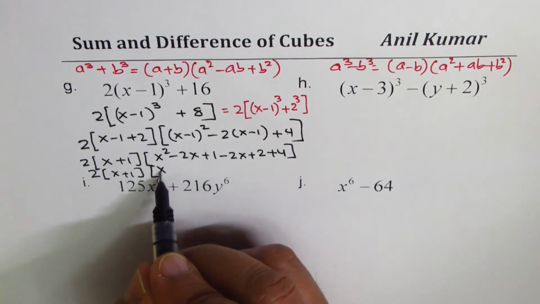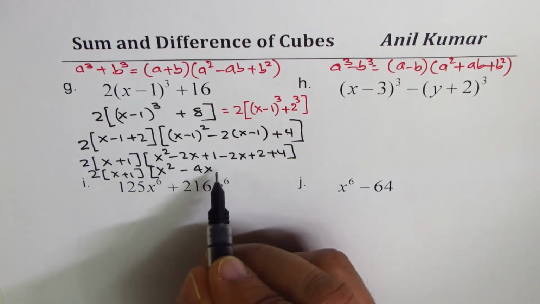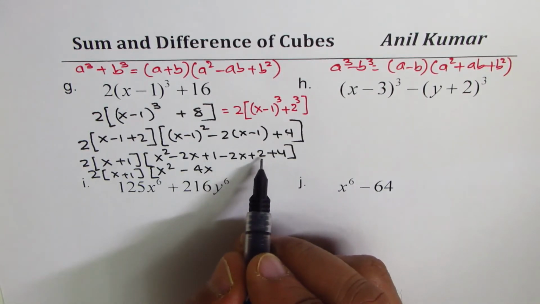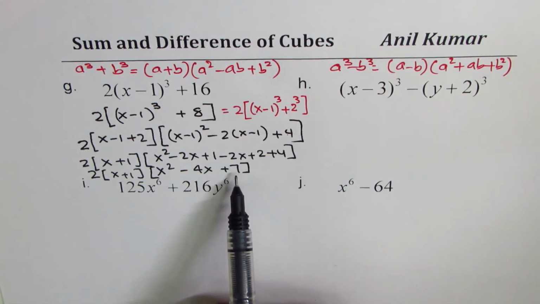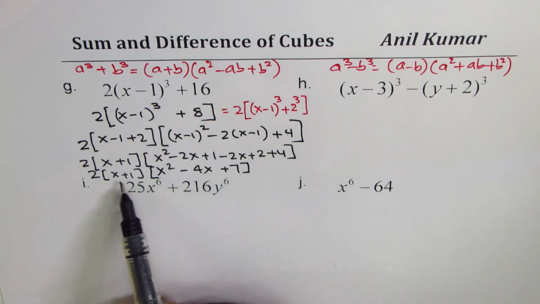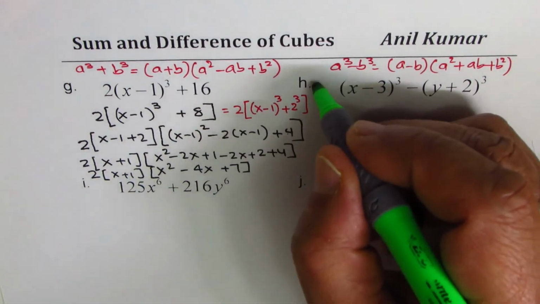Here we have x squared minus 2x minus 2x, which is minus 4x, and then numbers we have 1 plus 2 is 3, plus 4 is 7, so we have plus 7. After this, 7 times 1 we will not get a sum of 4, right? So that is the final factored form of the given expression. Is it okay? Correct. Let's move on to the next one,